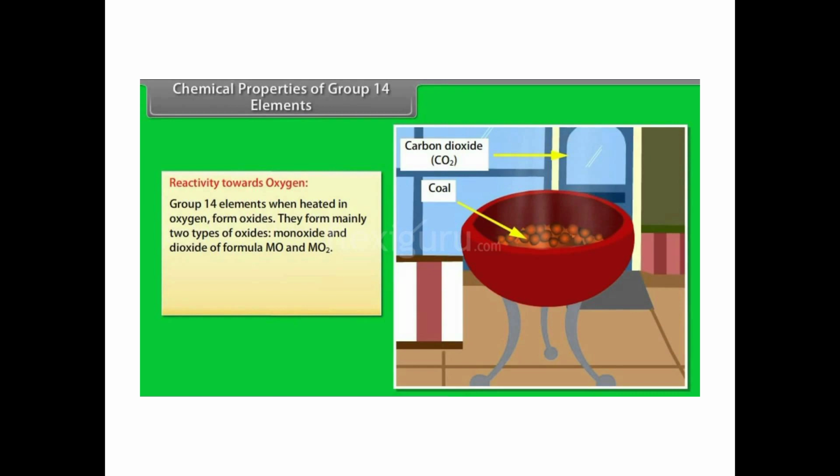We'll see the chemical properties of group 14 elements. The first one is reactivity towards oxygen. Group 14 elements, when heated with oxygen, form oxides. There are two types of oxides, monoxides and dioxides. For example, carbon monoxide and silicon dioxide. They form monoxides and dioxides. And if we check the nature of the oxides,